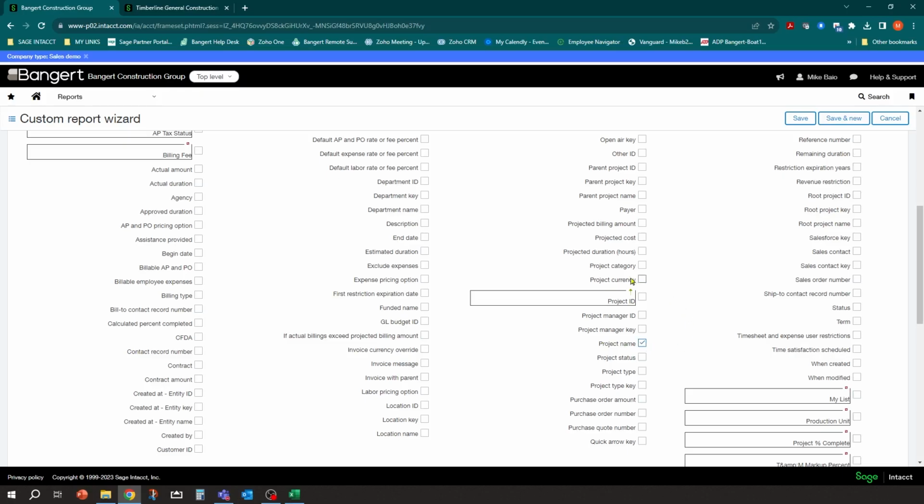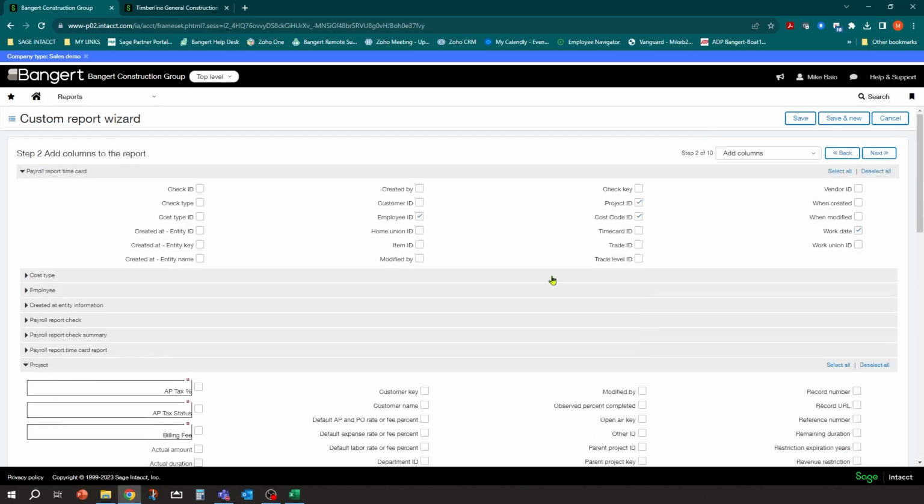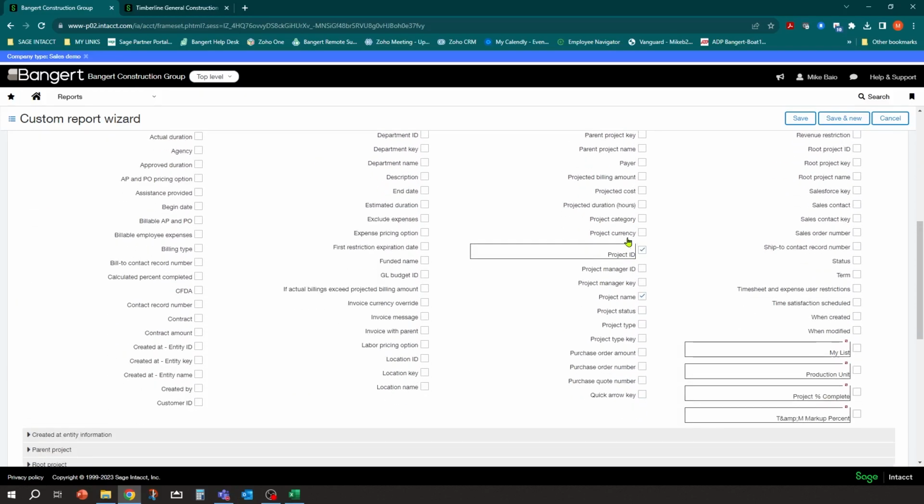And just so you notice, if you ever want to do any drill down, if you want to get to the project right from this report, you want to select a field that has the up arrow here. That means you can drill down. So for example, I already picked project ID, but I might want to use this project ID if I want to drill down and get to the project. So I'm going to turn that one on, and then I'm going to turn that off because I don't need two columns of the same name.